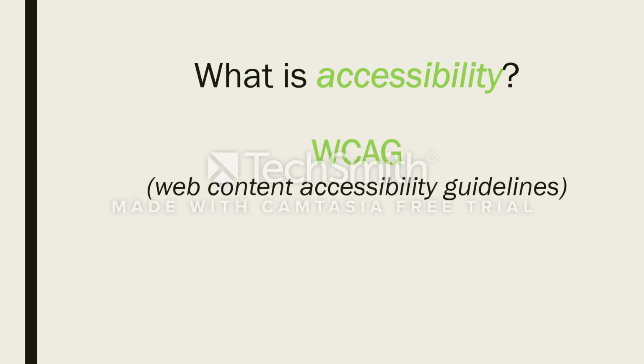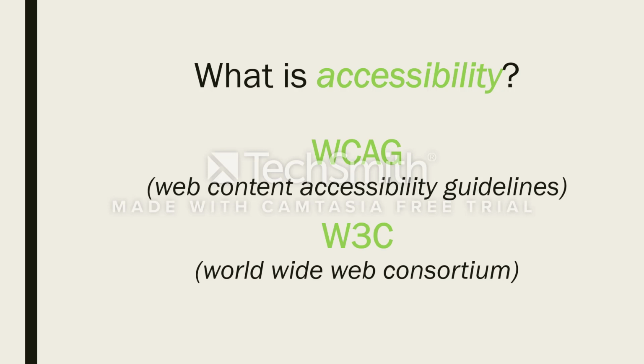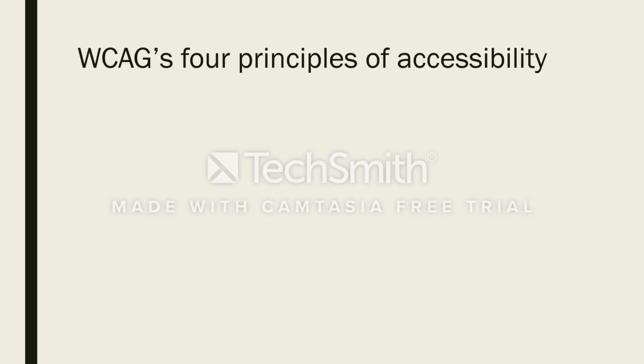An excellent resource for individuals who want to create accessible web-based materials is the Understanding WCAG 2.0 webpage. The acronym WCAG stands for Web Content Accessibility Guidelines, which is provided by the W3C, or the World Wide Web Consortium. The WCAG website explains that in order for a web page to be accessible, it must meet 4 specific criteria. In order for a web page to be accessible, it must be perceivable,